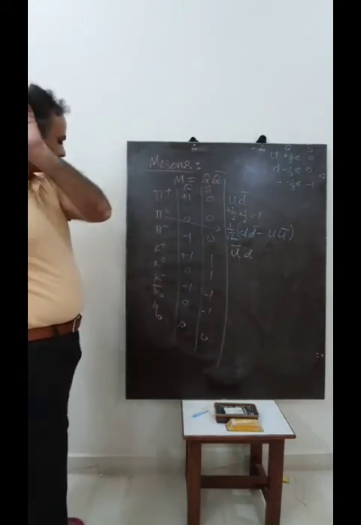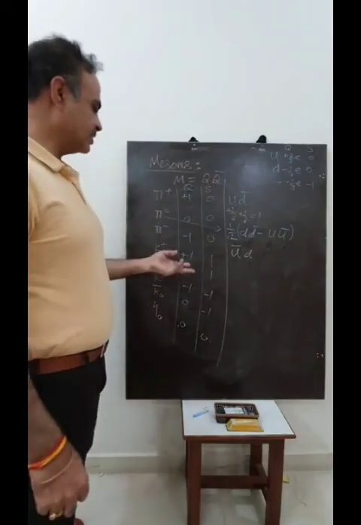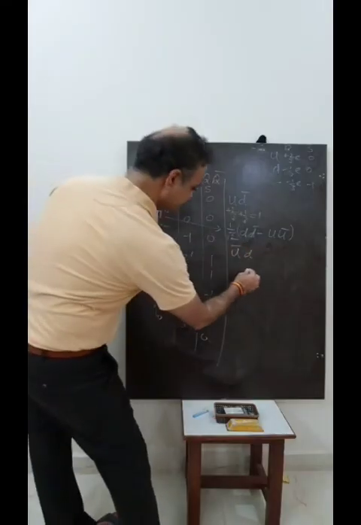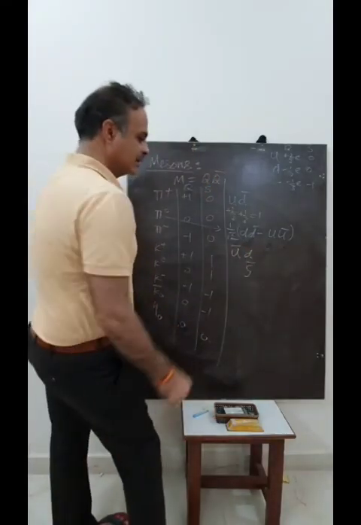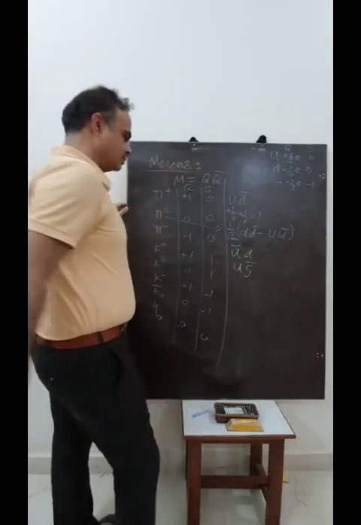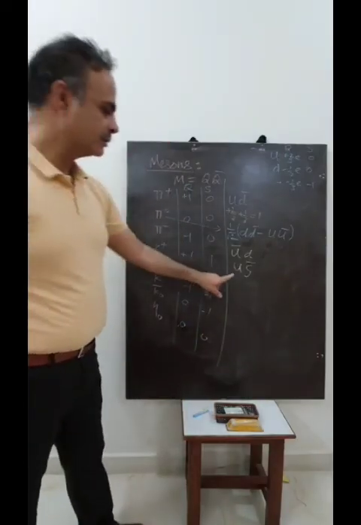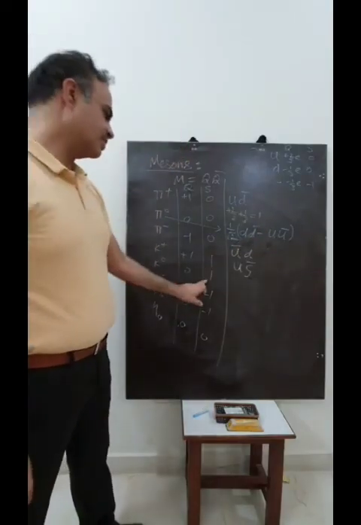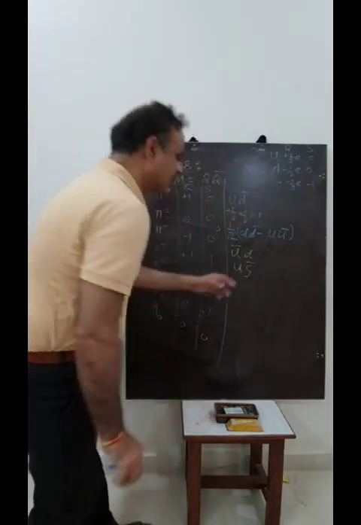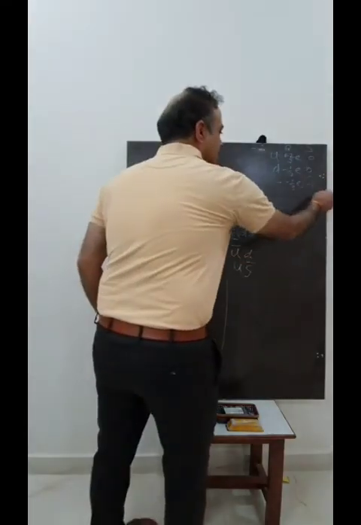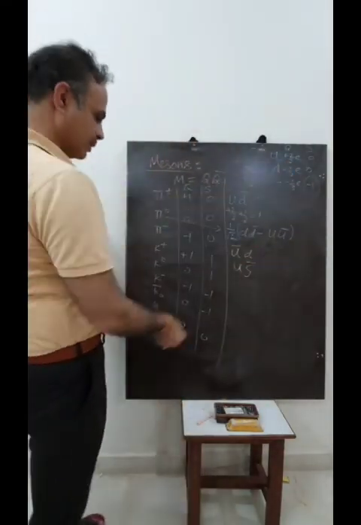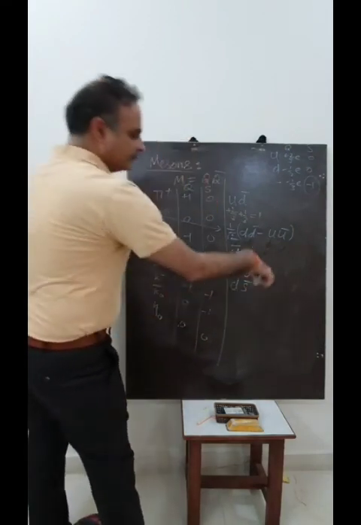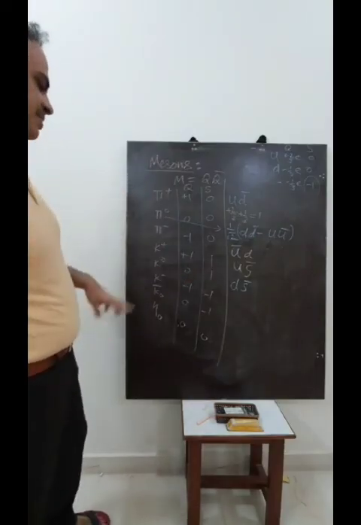Then what is K plus? K plus, you know, has strangeness 1, which means it has S bar. So it is u S bar, where you take plus charge: plus 2 by 3, plus 1 by 3 equal to 1. And for K naught, you must have S bar because S has strangeness minus 1. So you have to take S bar. So this is d S bar: minus 1 by 3 plus 1 by 3 becomes 0, charge 0.